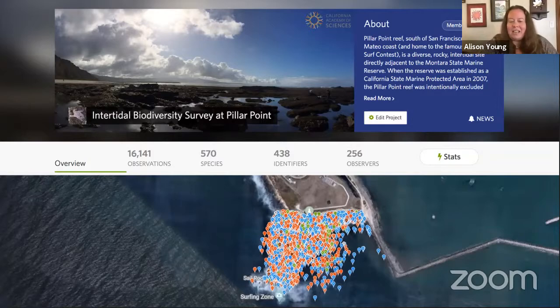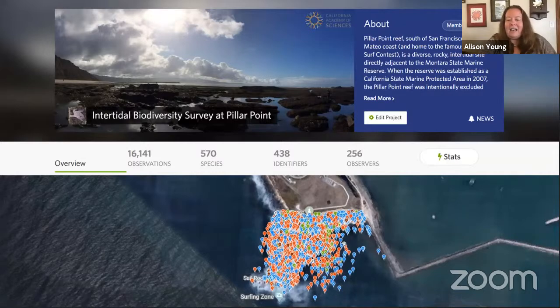And so we started a citizen science program at the Pillar Point Reef, which is just north of Half Moon Bay. If you're not familiar with it, it's the same reef that forms the famous Mavericks waves for the Mavericks surf contest. And one of the reasons that we decided to focus particularly on Pillar Point Reef, not only just because we wanted to have people out at the tide pools and to do some citizen science out there,